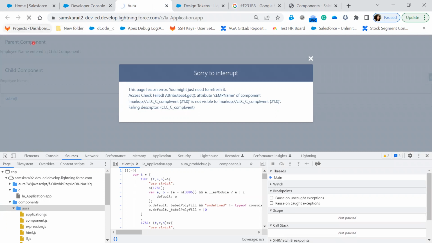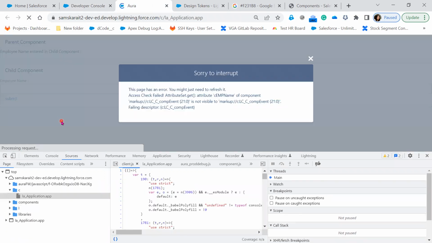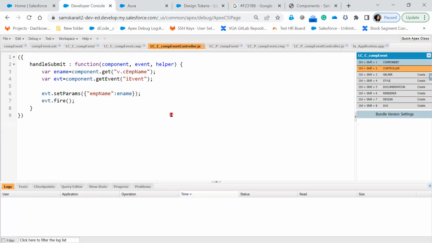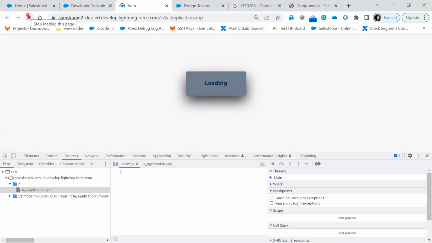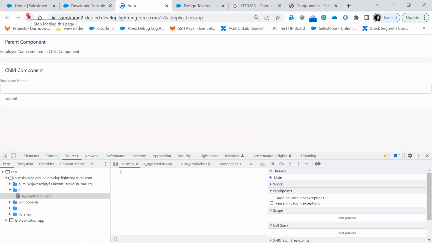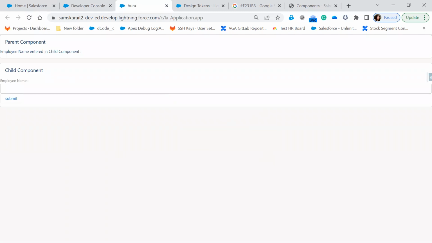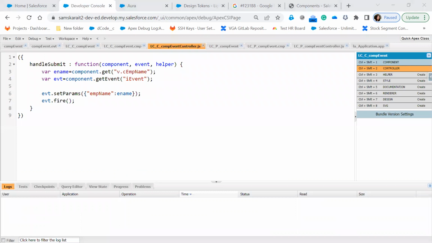Okay, so let's refresh. Okay. Now, if I enter the details of the employee, Tejo Kumar, and click on submit, it is coming into the parent. Now, this is normally how we do it in the component event. With the lightning interface,